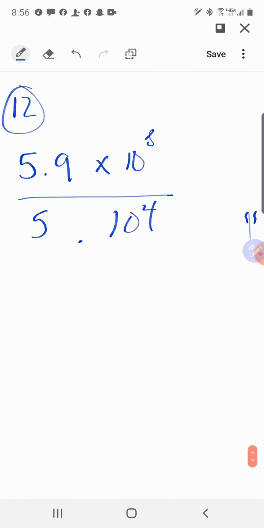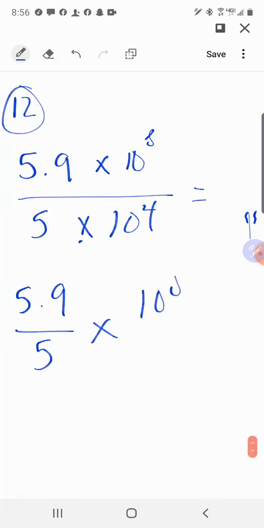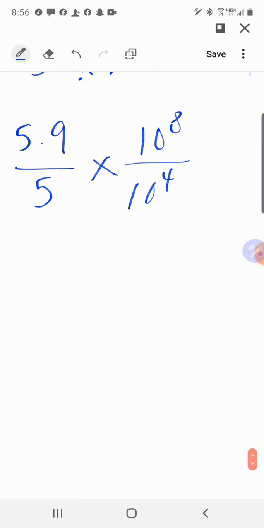What I'm going to do, I'm going to make sure that I line them up. So I got 5.9 divided by 5 times 10 to the 8th divided by 10 to the 4th. In my calculator, I'm going to put 5.9 divide by 5, and I'm going to get